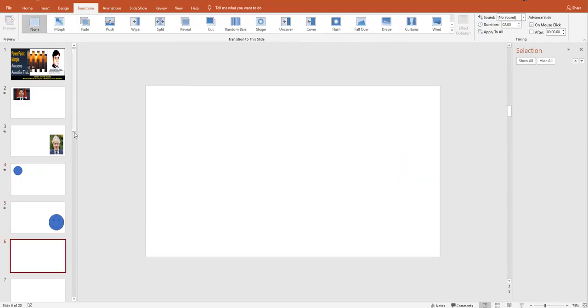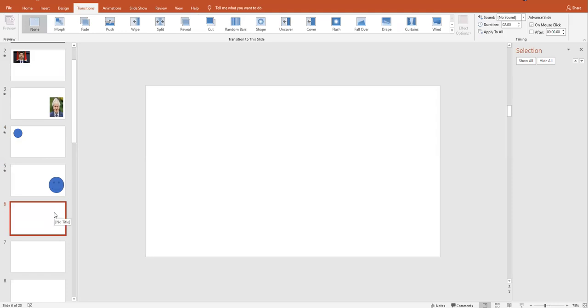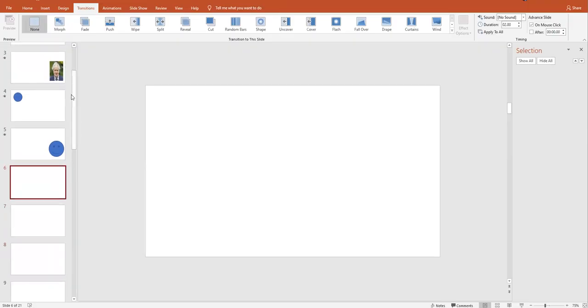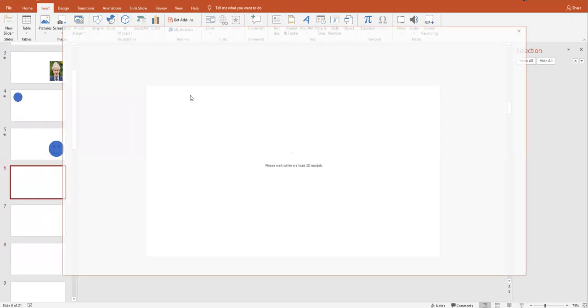Now, the most important thing, 3D. People have been asking me about this, and I'm really happy that people like these transitions. Now, when we come over here, in 2019, these are the pictures. When I go over here, there is a tab for 3D models. We have already taken pictures and shapes. Now we will go to the 3D models. I will take the stock 3D models.